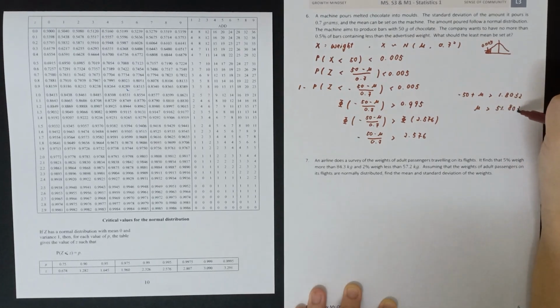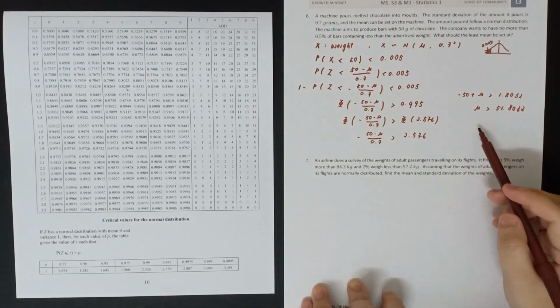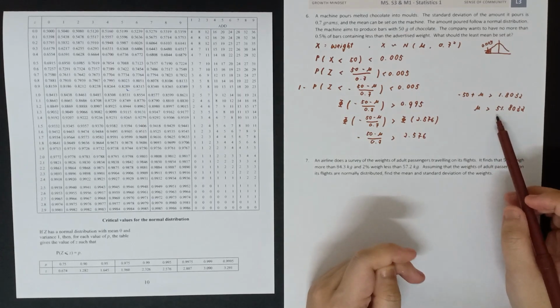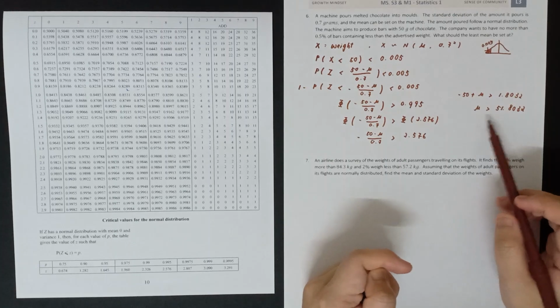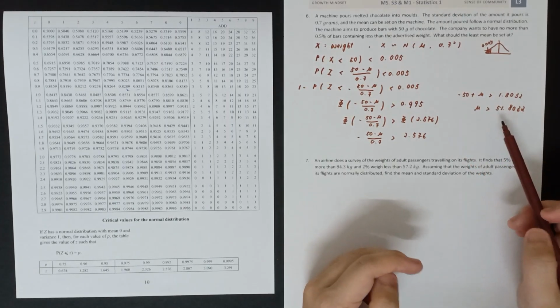So meaning that for me to get less than 0.5% of the bars less than the advertised weight, I need to set the machine to have a mean of more than 51.8032. Okay, the idea is that any mean that falls under this range can be accepted, but you wouldn't want